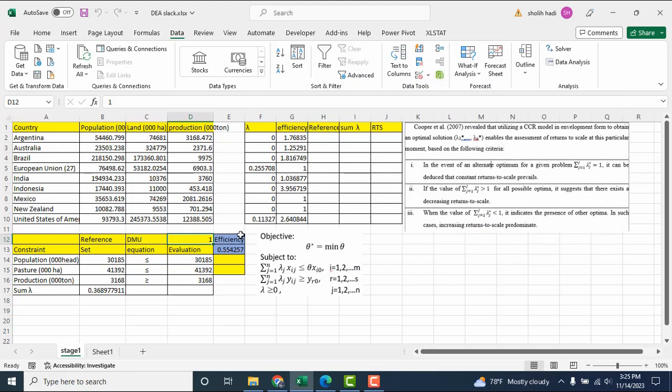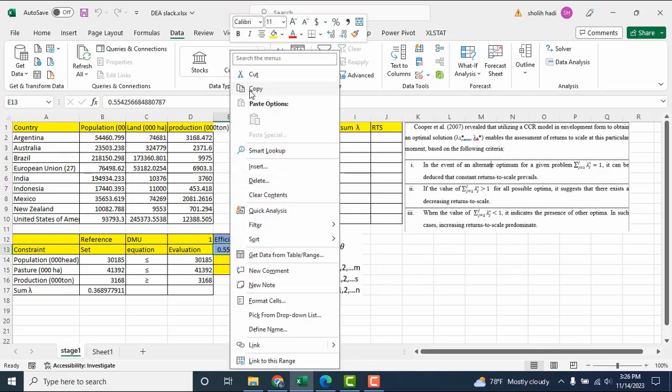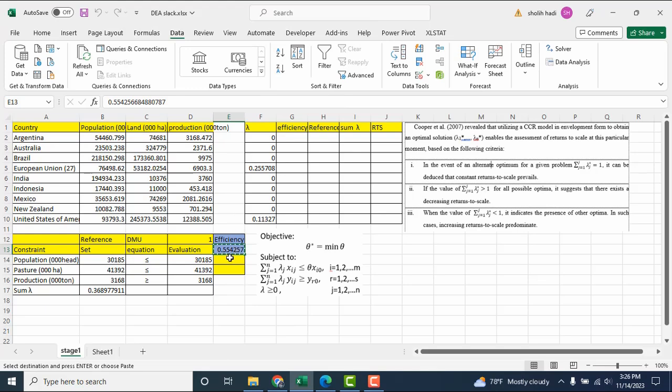We get the result. The efficiency for Argentina, DMU1, is 0.55 or 55.4% here. And then how about DMU number 2? How about Australia? We change here to number 2.